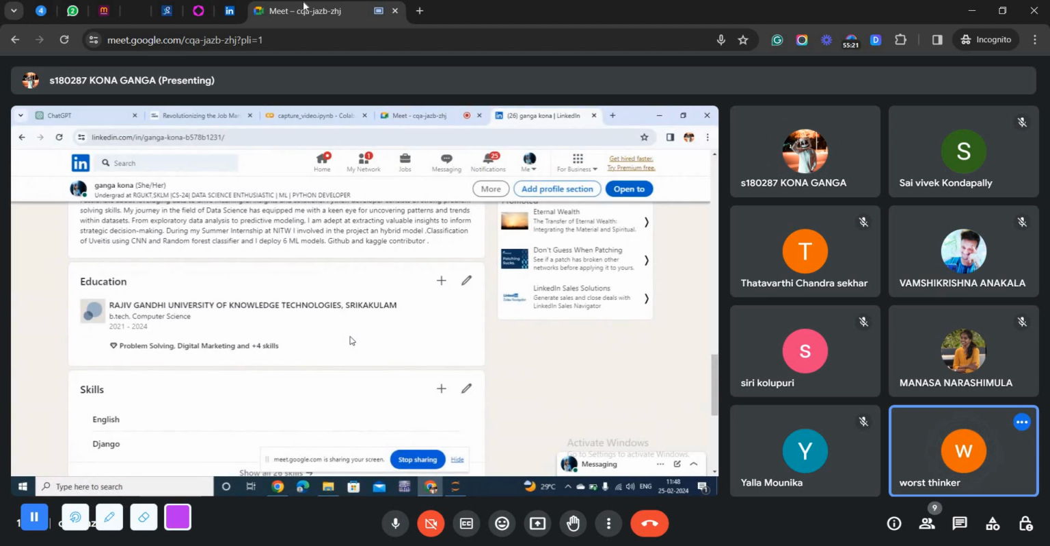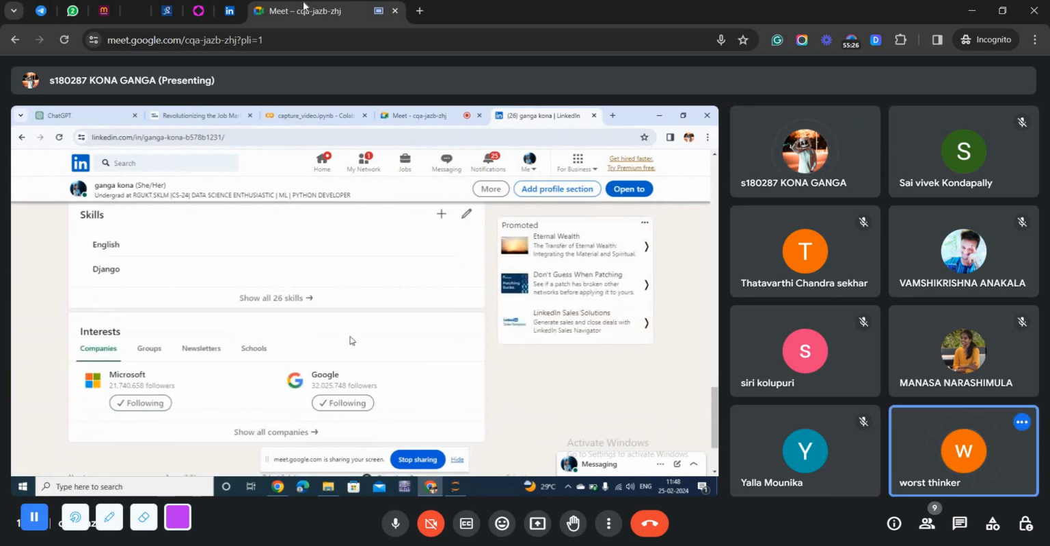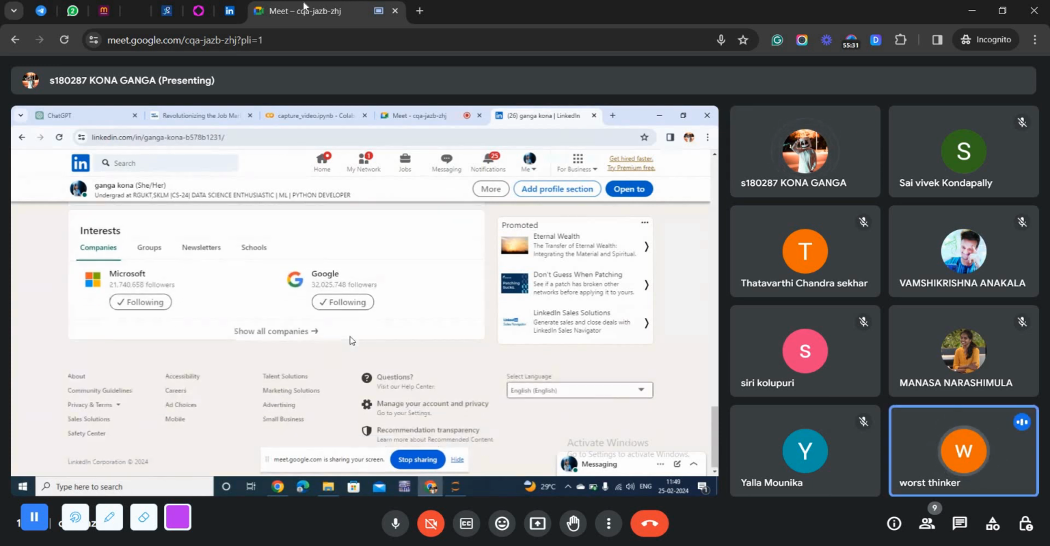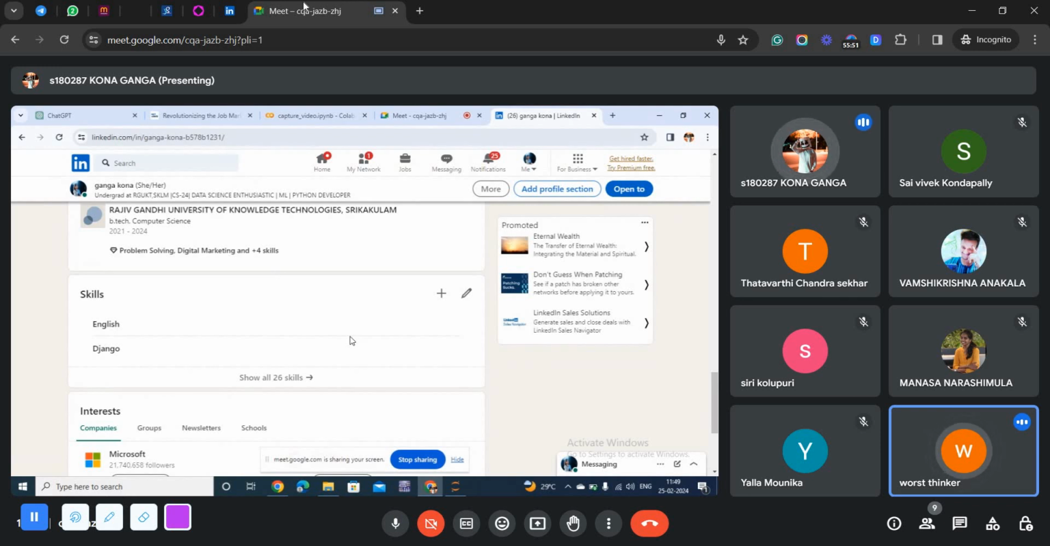Okay. Scroll down. Scroll up. So you have mentioned that you have done an ML internship, right? Yeah. So in the experience section, add a section called machine learning developer, and add the company name. So NITW is a college, but add it there. Okay. And then in case if you have done